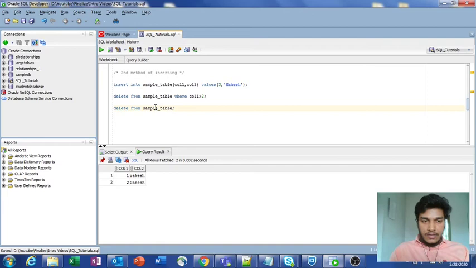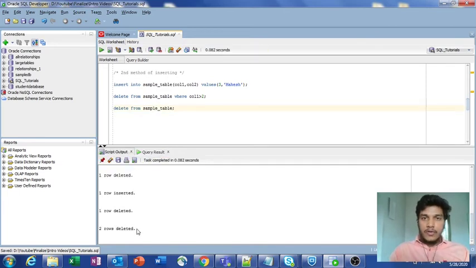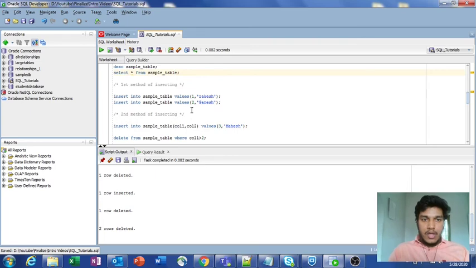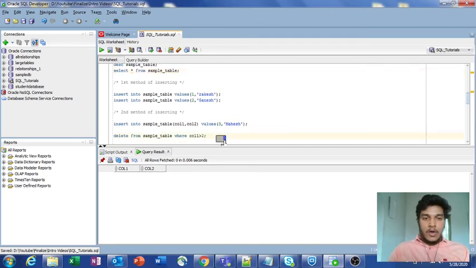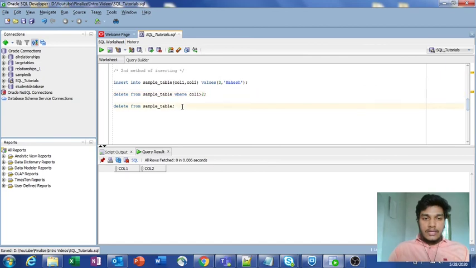If you run this, whatever rows you have, if you have n number of rows, then it will show n rows deleted. Suppose you have 100 rows, then it will display 100 rows deleted. If you again check with the select command to know the contents present in the table, it won't show any rows, it only shows the schema. Previously the schema is column 1 and column 2, but all the contents present in it are deleted.